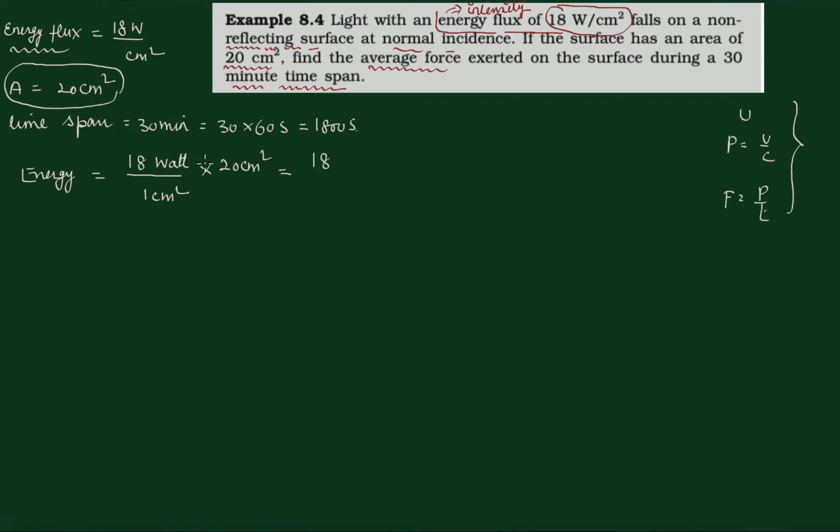अब अगले स्टेप में मैं साथ साथ में ये भी बताता हूँ। आपको चाहिए यूनिट जाउल। This is, what is joule by second into 20 centimeter squared upon 1 centimeter squared. This is 1 second. यदि मैं पूरे टाइम स्पैन के साथ मल्टीप्लाई कर दूँ, टाइम स्पैन is 1800 सेकेंड। देखिए ज़रा आपके पास क्या बचा, सेंटीमीटर स्क्वायर से सेंटीमीटर स्क्वायर कैंसिल, सेकेंड के साथ सेकेंड कैंसिल, you are left with joule। तो ये एनर्जी हो जाएगी ना। This energy, यदि इसको आप सॉल्व करते हो, is found to be 6.48 × 10⁵ जाउल।